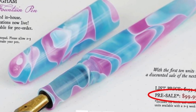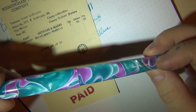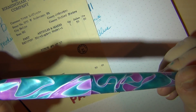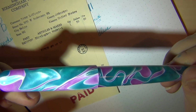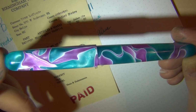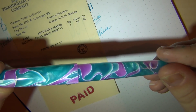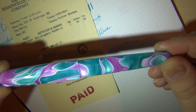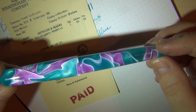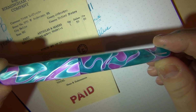And considering it's hand-turned and the amount of care and effort that went into them, for about $100, would I pay? No, I'd pay $60. I definitely would pay $60 for these. I don't know if I personally would pay $100 if it was to the point where Nick was really well known in the pen turning community and had a great reputation. I can see demanding that kind of a price. I also understand that there is economy of scale. I also understand too, though,